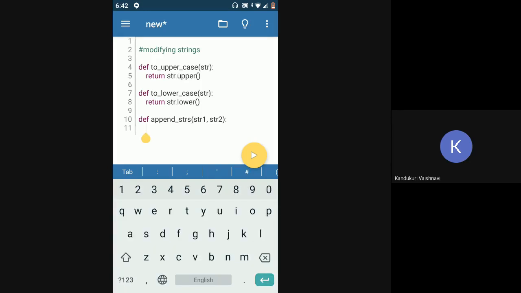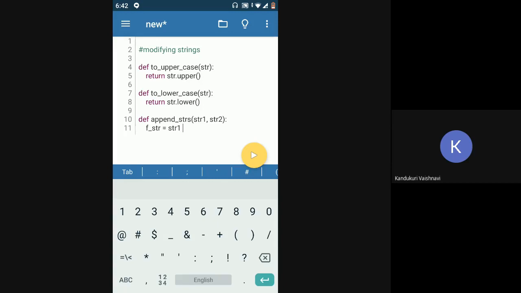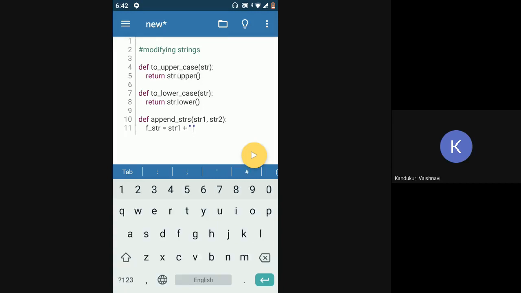So the final string is str1 plus a space plus str2. If you have two words and you want to make one string out of them, you can do that. Like fruit and basket: it will print fruit space basket for me. That would be the final string. Return f_str.